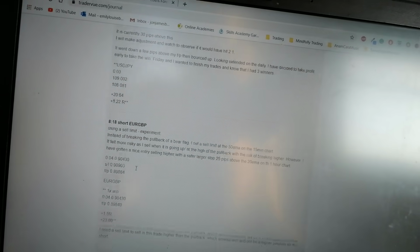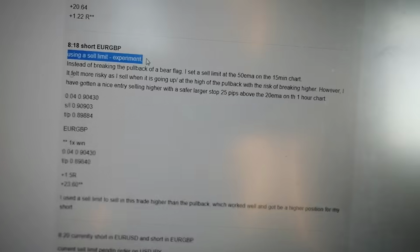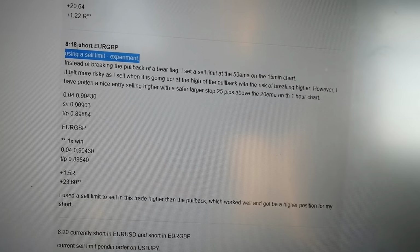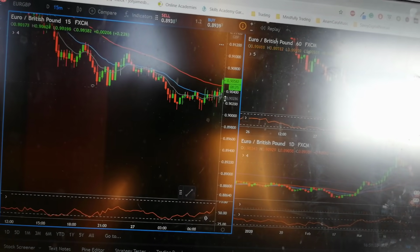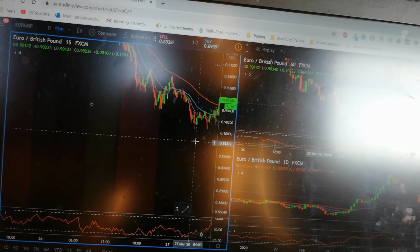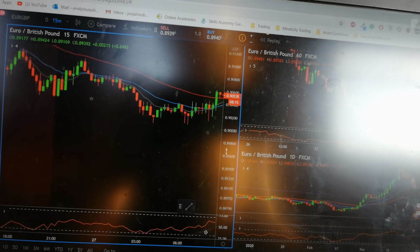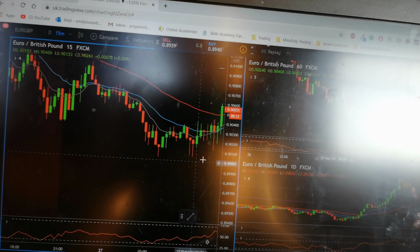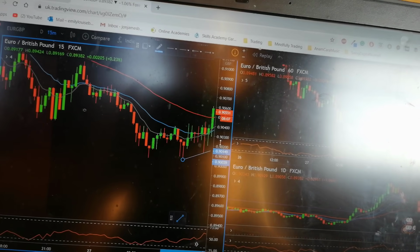And then my last trade, which was actually the first one to win, was the euro to the pound. It's another short, and you can see here I used the sell limit order for an experiment. I'll load that one up. The euro to the pound, I think I got on at 8.18. So I've actually taken the chart back here, so it was in this nice downtrend here on the 15-minute, and it started, just make that a bit bigger. It started to do a bear flag, so it was about this point I was looking at, and it was